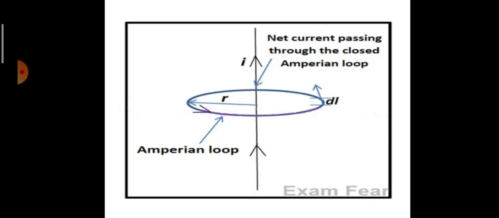In electrostatics, for solving problems in Gauss's law, we used to take a Gaussian surface. Likewise, in the case of Ampere's circuital law, we will be choosing an Amperian loop. An example is for finding the net current passing through an infinitely long straight wire carrying a current I, we can choose an Amperian loop surrounding the wire which is of radius r.